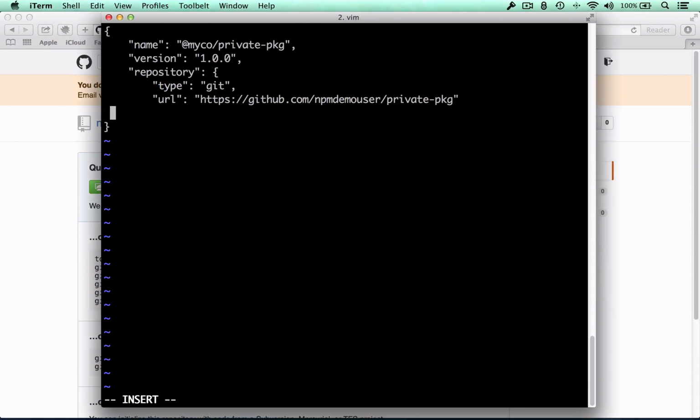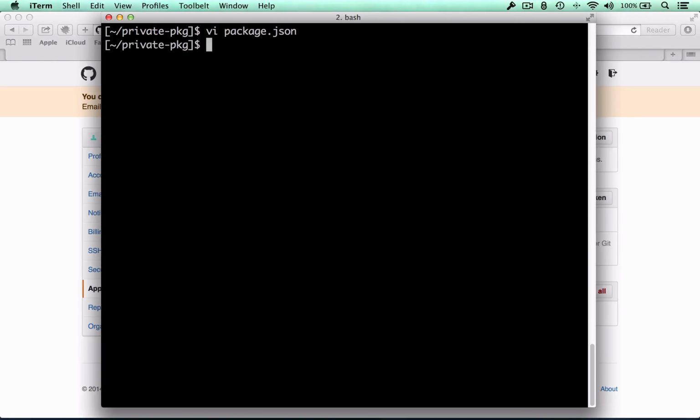Note that in the package name we used the scope. We actually prefixed our package name with our scope. This is necessary to tell the npm client which scope the package lives in. And now we can simply npm publish as you would with any public module. When you publish something with a scope, it only gets pushed up to the registry that corresponds to that scope. So this has not been pushed up to the public registry.